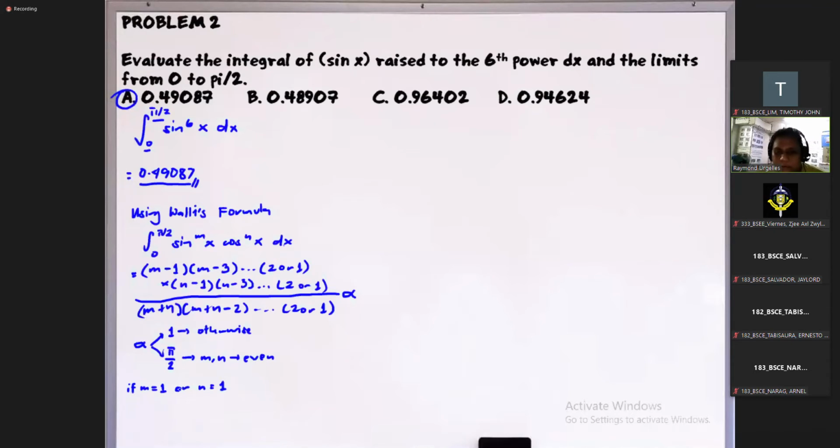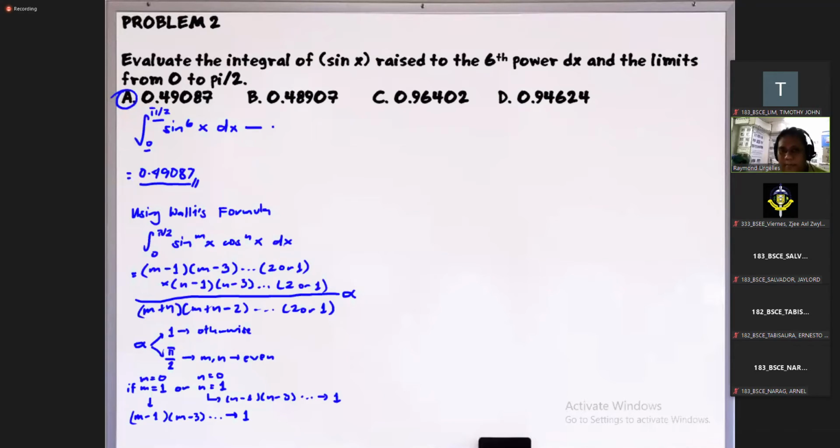So when m is equal to 1 or n is equal to 1, the whole term will just be equal to 1. Right? So basically, when this happens, then m minus 1 times m minus 3, and so on, will just be equal to 1. Okay, got it? When this happens, then n minus 1 times n minus 3 and so on will just be equal to 1. So you just cancel the whole expression in the equation, right? That's also true if m is equal to 0 and n is equal to 0. So you just remove that from the equation, right?